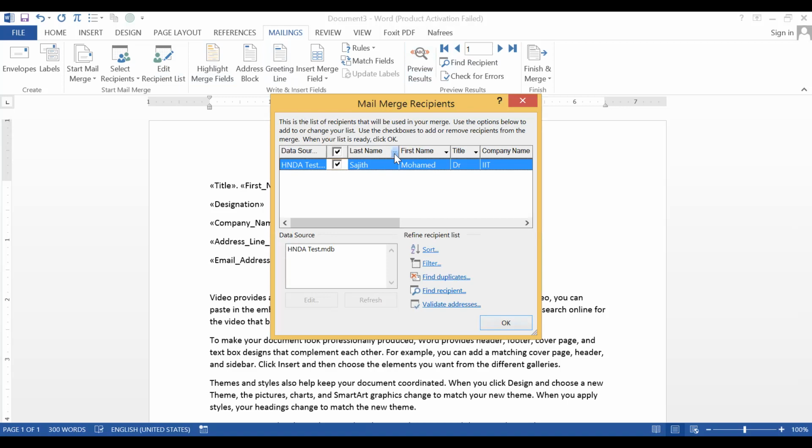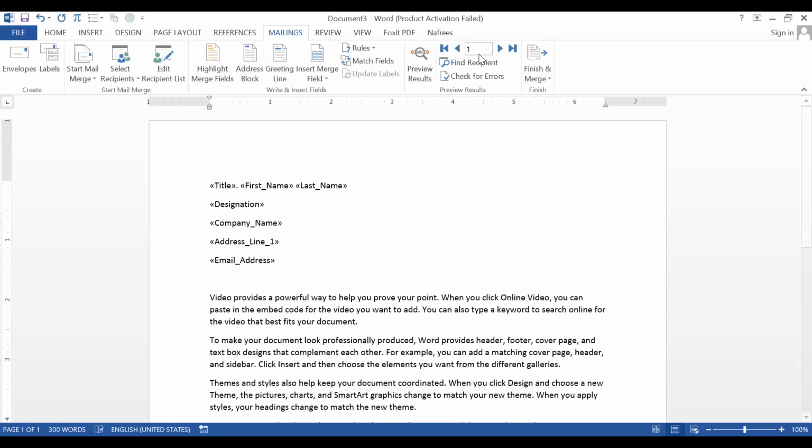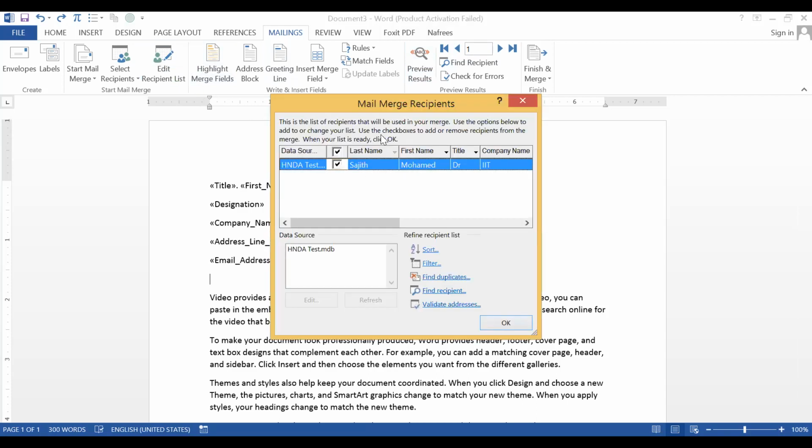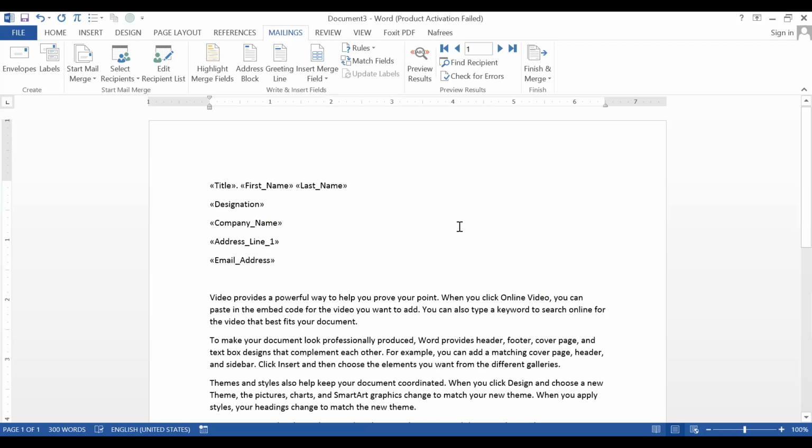Any idea? Why is it only one? Any idea why it is showing only one? Previously, it had two data sets. One is for Professor Abdul Kalam and the second one, Dr. Mohammad Sajid. Now only Dr. Mohammad Sajid is available for the time being.